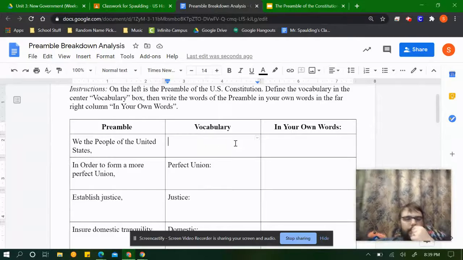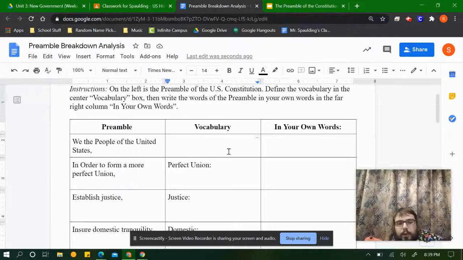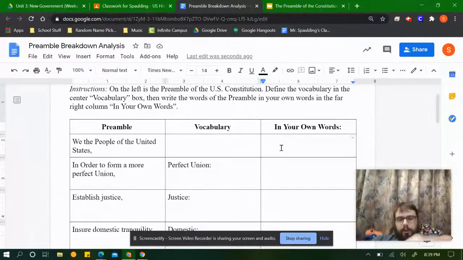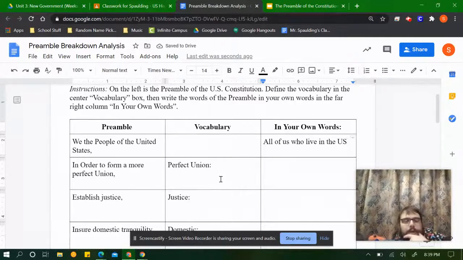The first part doesn't have any vocab. You should know all the words, we the people of the United States. So let's put that in our own words. We the people of the United States. Pretty straightforward. All of us live in the US. In order to form a more perfect union.